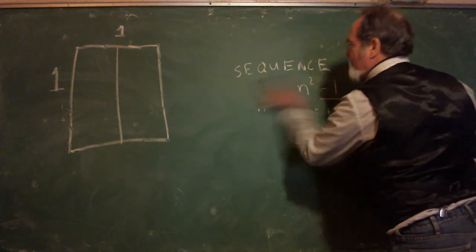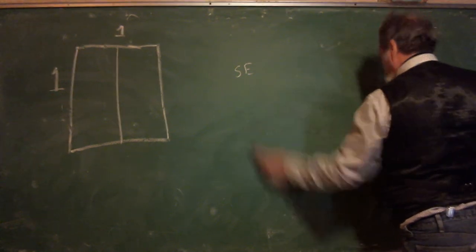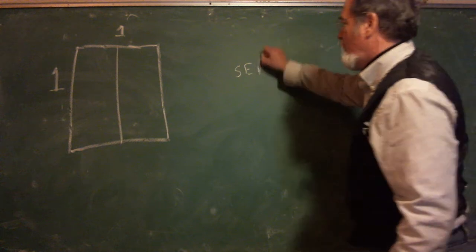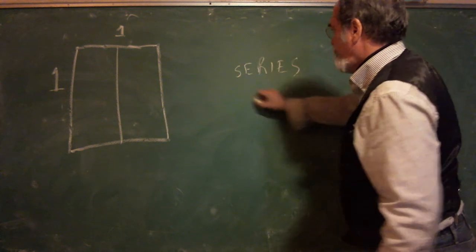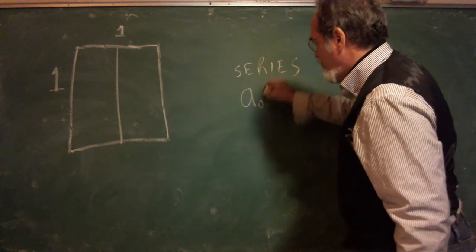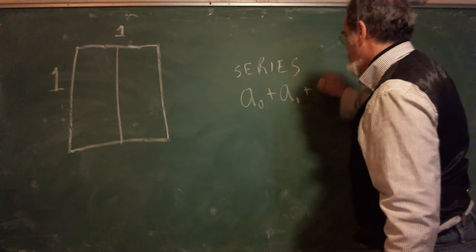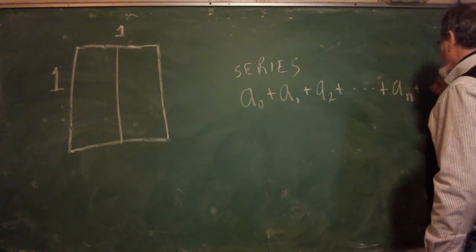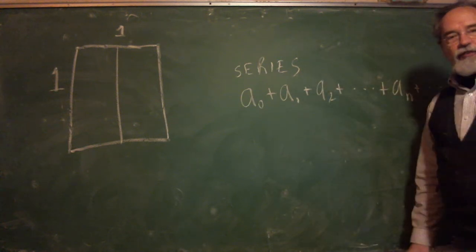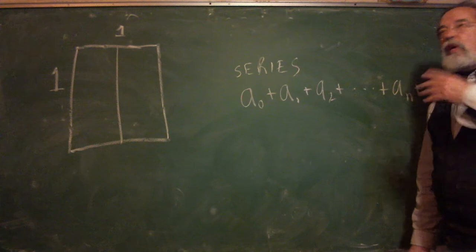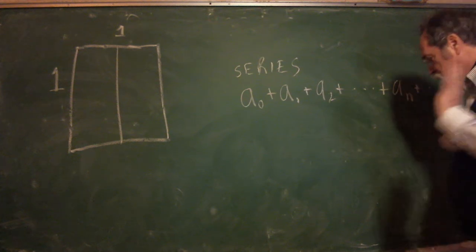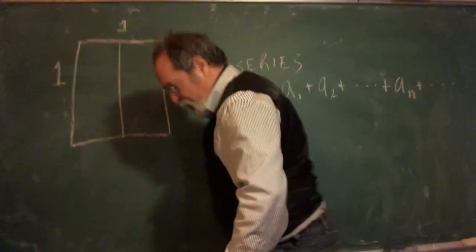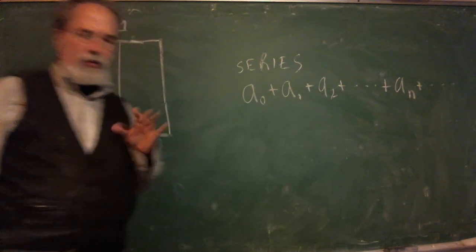So let's see what a series looks like. A series has plus signs in between. So you have a sub 0 plus a sub 1 plus a sub 2 plus dot dot dot plus a sub n plus dot dot dot. So we've come to our first philosophical question. The Greeks were aware of this question. They were aware of the following problem. They weren't sure what to make of it because there was the common sense and then there was the philosophical,